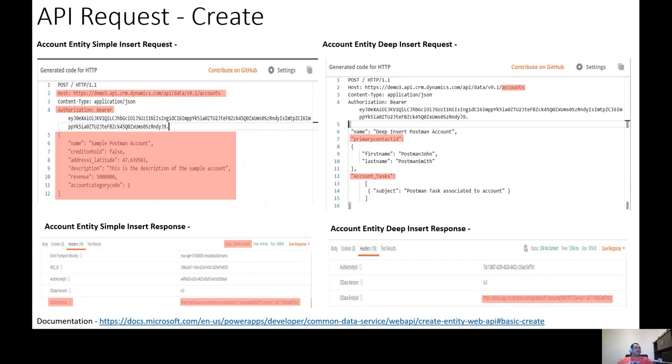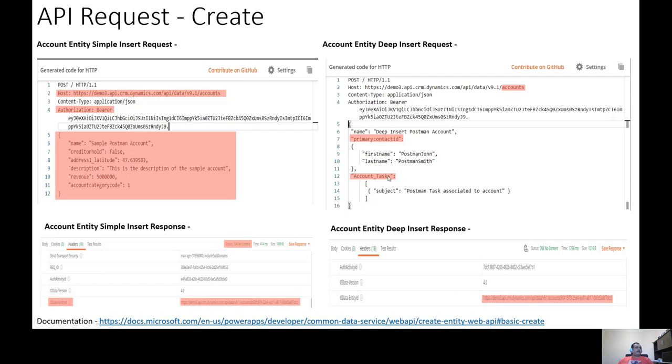Then I will also illustrate the options of a deep insert. And here you can see that I am not only creating an account, but I'm also creating a contact. In addition to the contact, I am also creating a task I'm associating with that account that I have created.